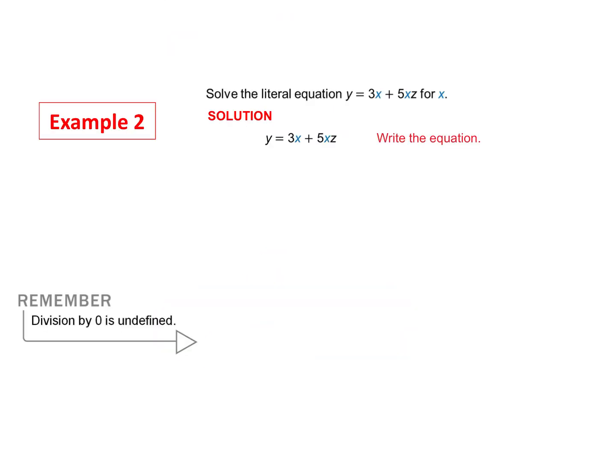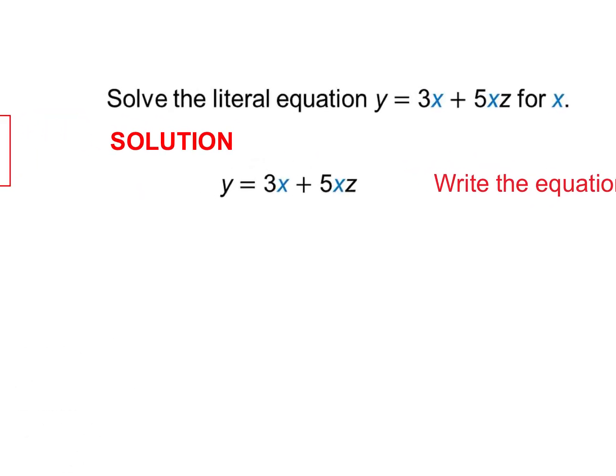All right, so these ones may be a little bit harder. Some of them require multiple steps. So something like this one, we want to solve this literal equation for x. First we want to identify where the x is. There's an x right here, and there's another one here. There's 2 of them. When there's 2 of them, you can't really combine them. These aren't like terms, so we can't just do 3 plus 5,